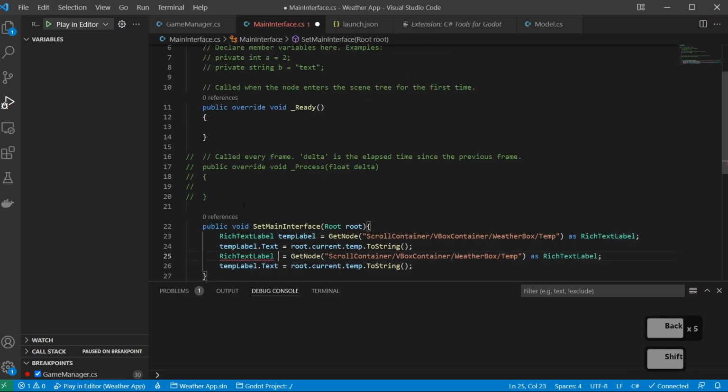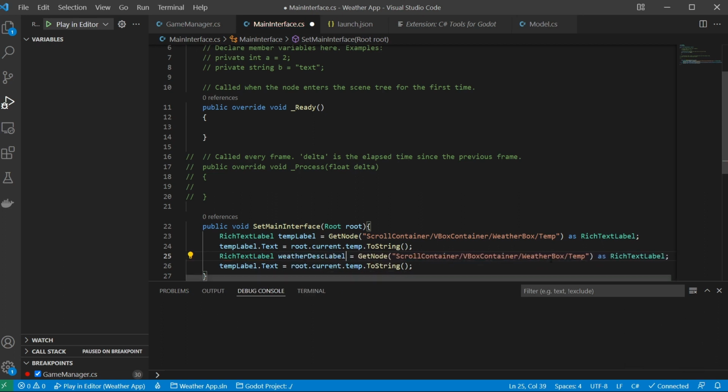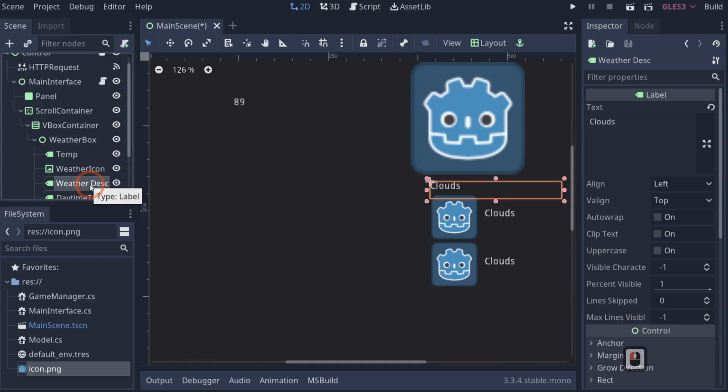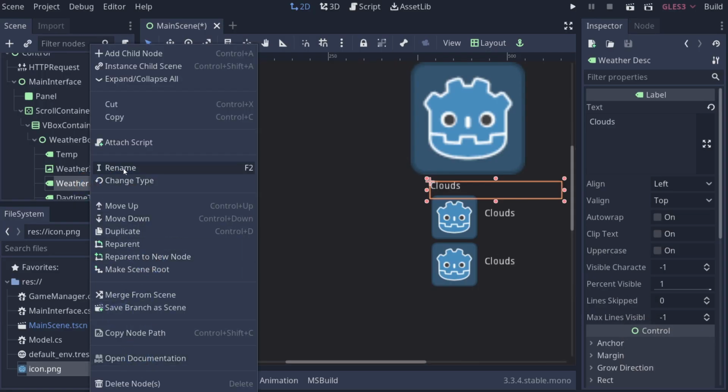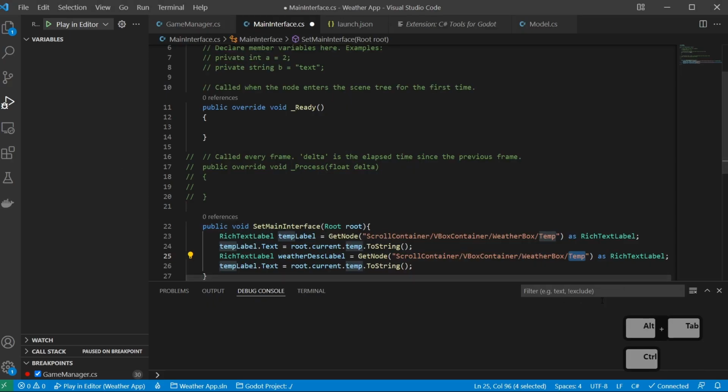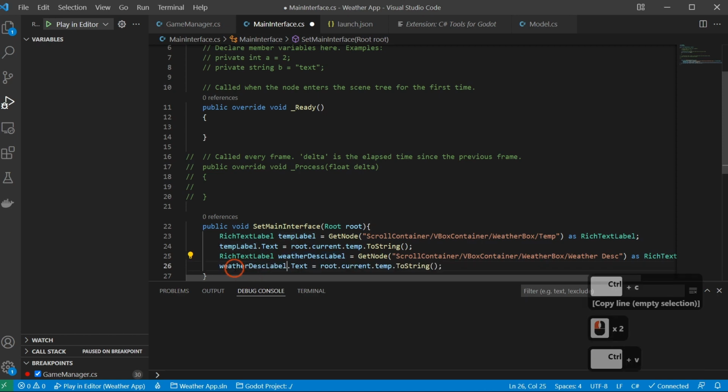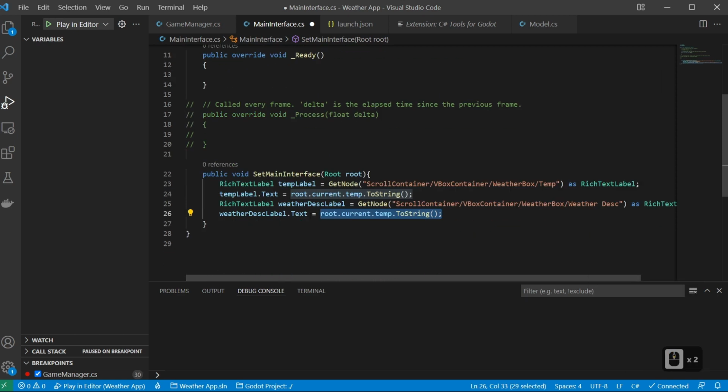So we'll get rid of this and say weather DESC label. And I believe I just called it weather DESC. So we'll rename this, copy it, and paste that in there. And we'll copy this and paste it here. And instead of doing our temperature, we'll say